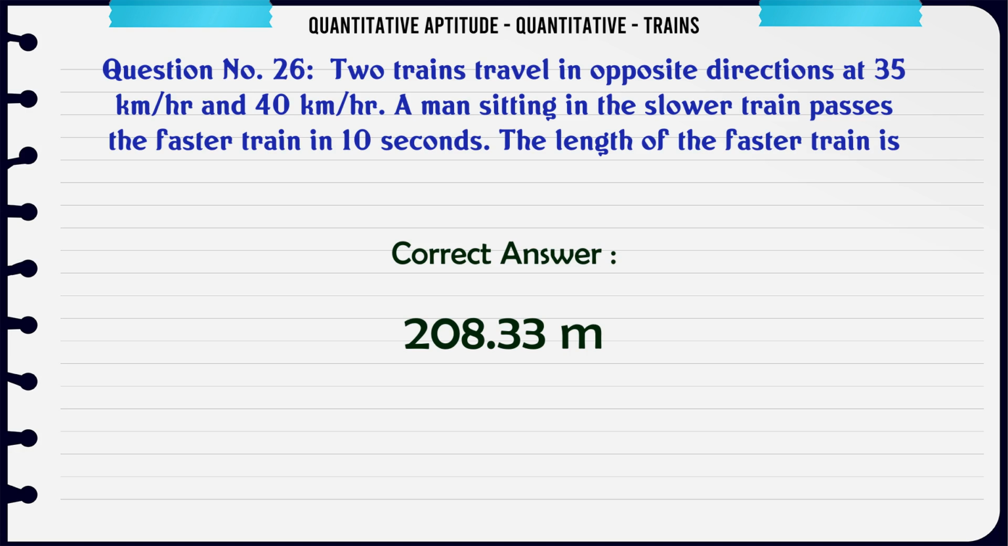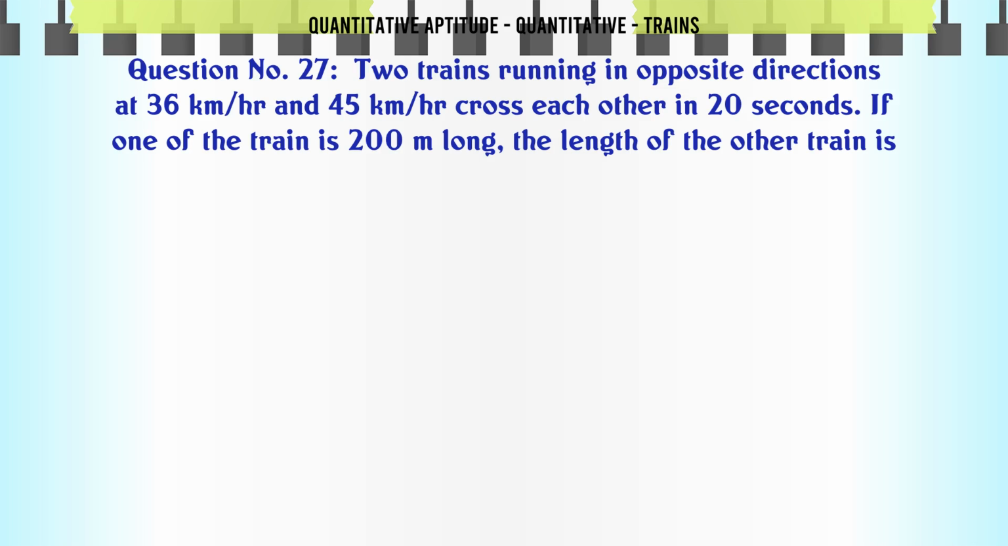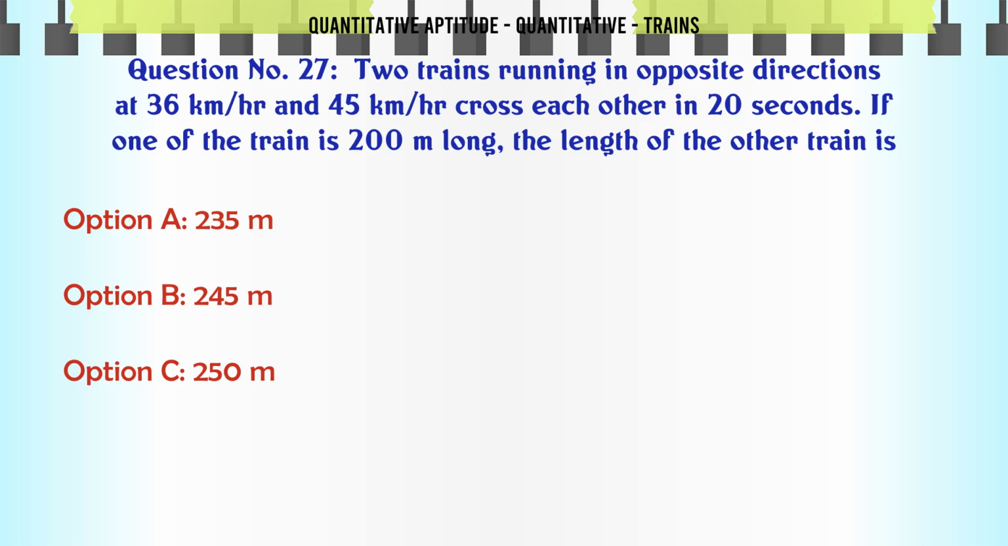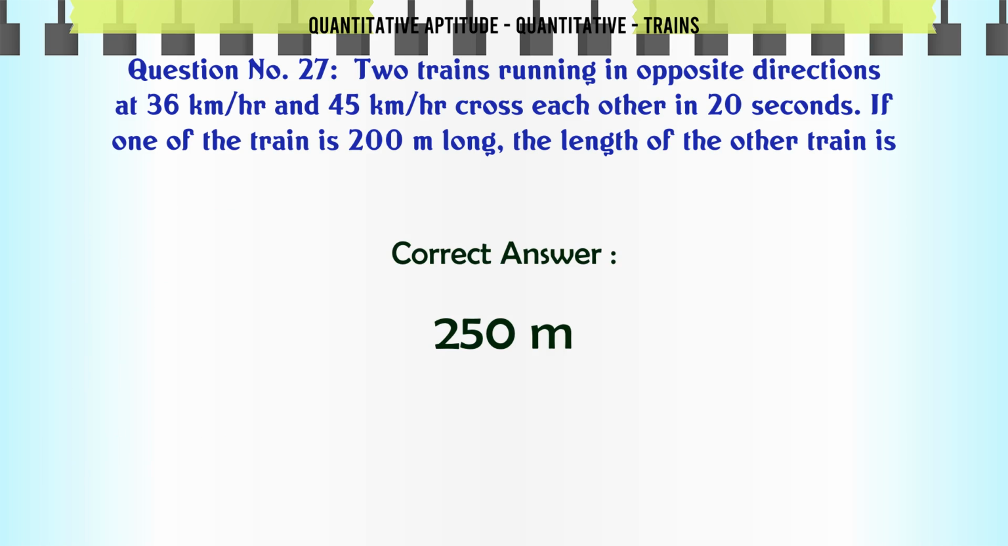208.33 m. Two trains running in opposite directions at 36 km/h and 45 km/h cross each other in 20 seconds. If one of the trains is 200 m long, the length of the other train is A 235 m, B 245 m, C 250 m, D 265 m. The correct answer is